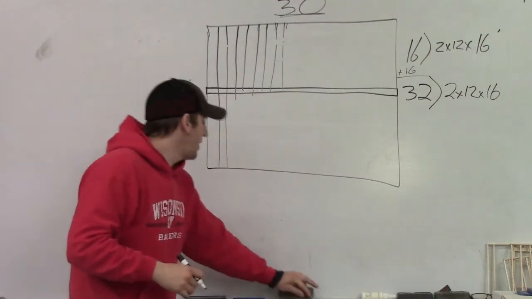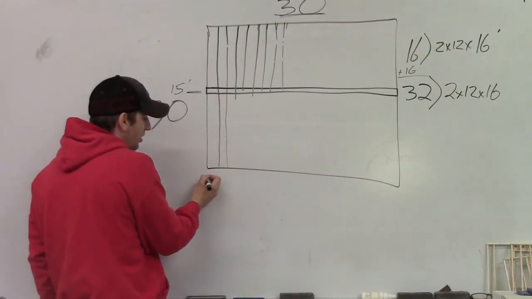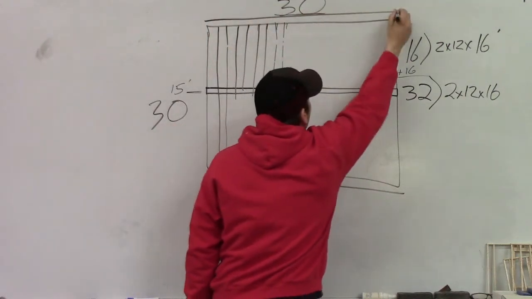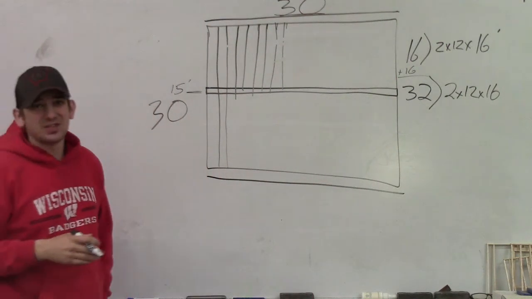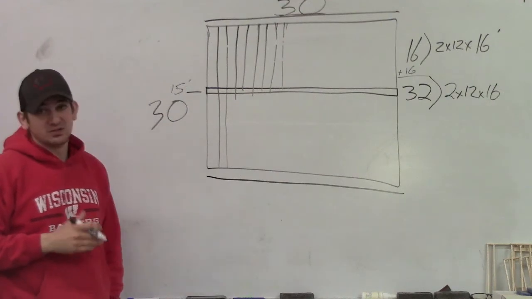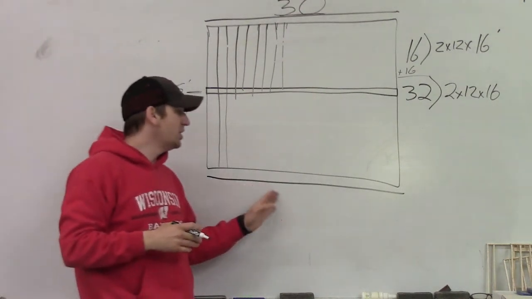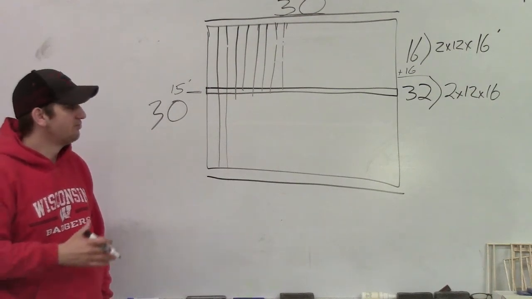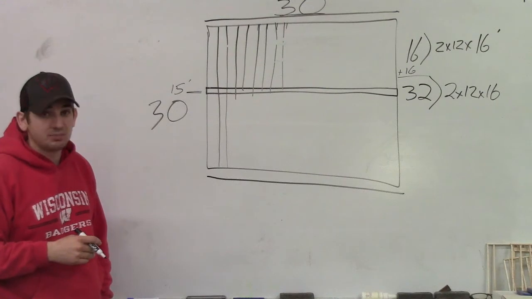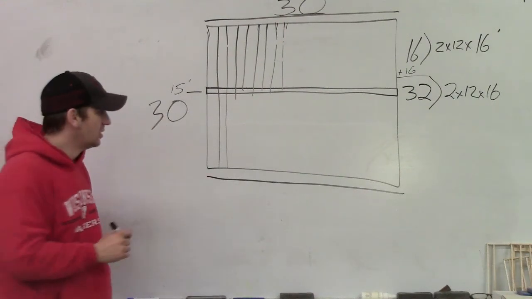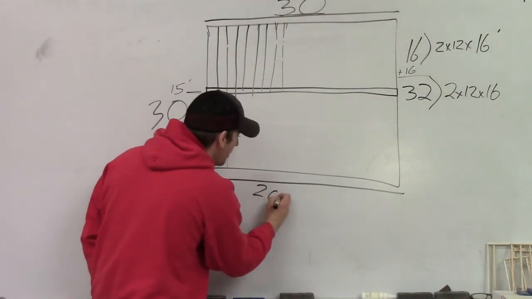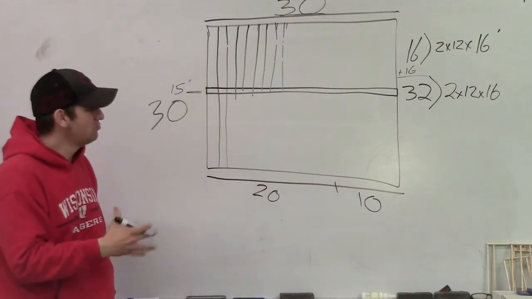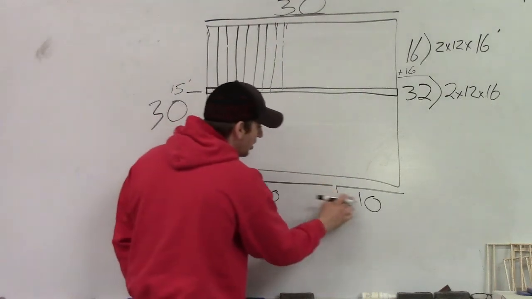All right, so now our band joists, we get to cover 30 feet here and 30 feet here. So here's the thing, there's multiple correct answers to cover this. Obviously, we're going to need 2 boards since our longest board is 20, but how we come up with those 2 boards is kind of up to us. So here's some options. We could have a 20-footer and a 10-footer. They add up to 30. It's perfect. We could also